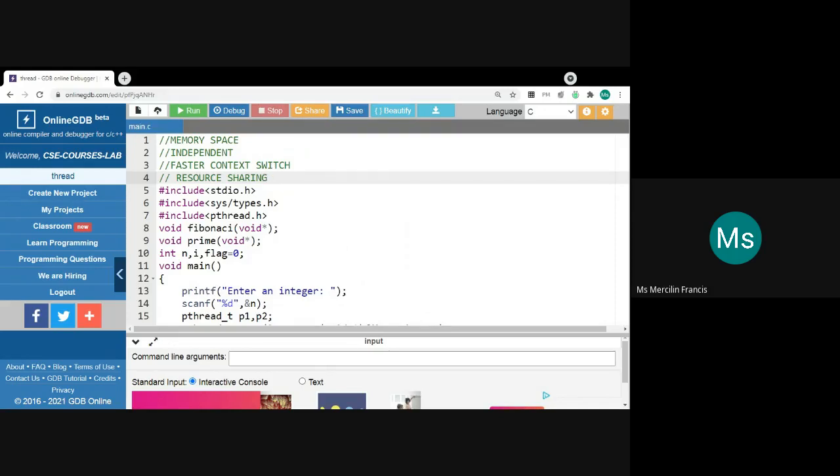These are some of the advantages of using threads.